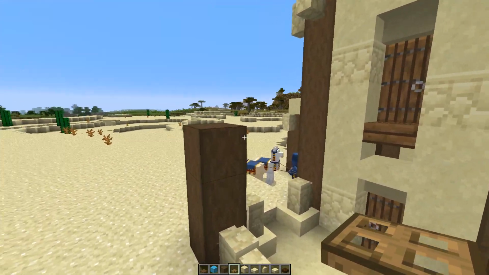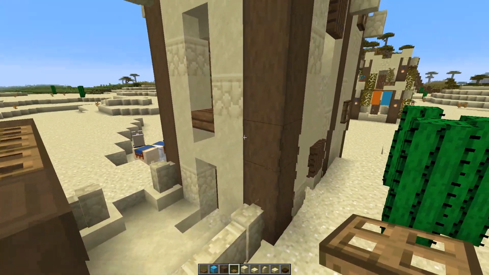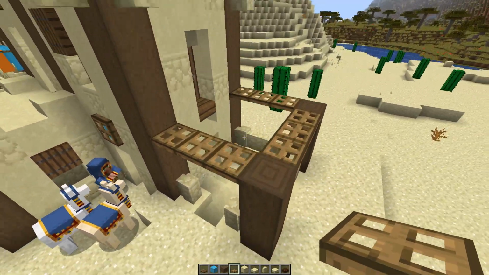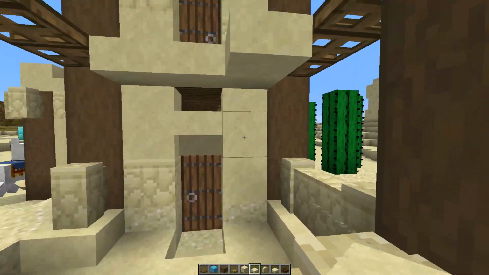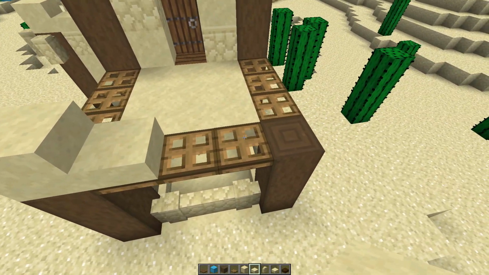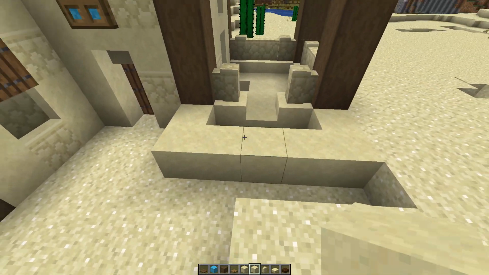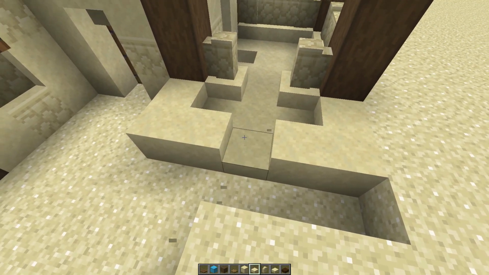Now for the roof of the porch, you want the trapdoors again, the oak ones or the spruce ones, depending on your taste. Place them level with the beams here, like that, and then come again with the slabs on the inside. Place block, and slab, block, go 2 blocks out, like that, like this actually. Continue with the slabs here, and another slab there,